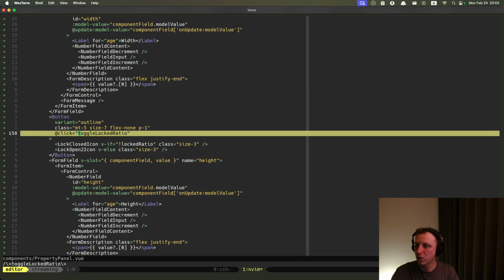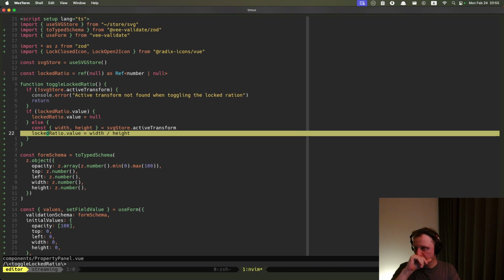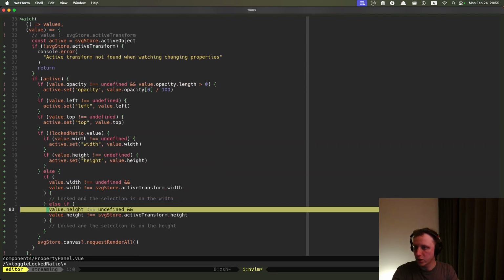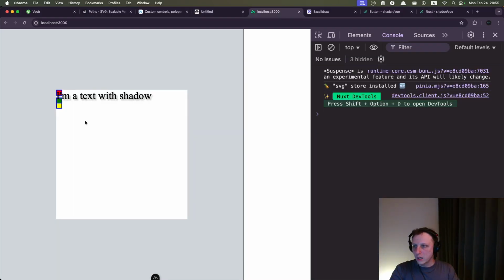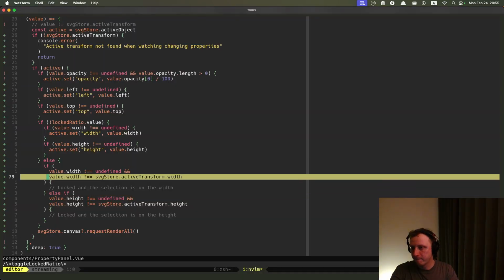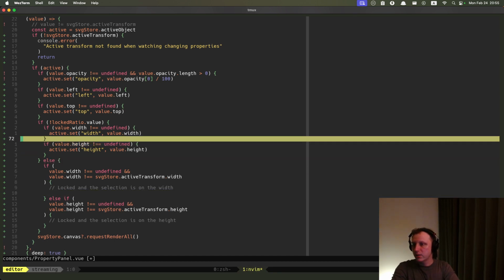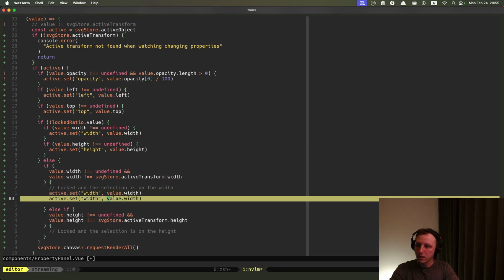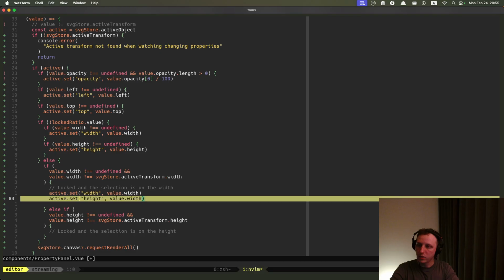So I'm not sure this is complete yet though. We have the toggle, right? So the toggle is being called in here, but what about the values? We are changing them in here. Could it work? Oh, of course not. I forgot about setting these values. So in this case, we are going to set the width to the value that you requested, but the height actually will be for the value that